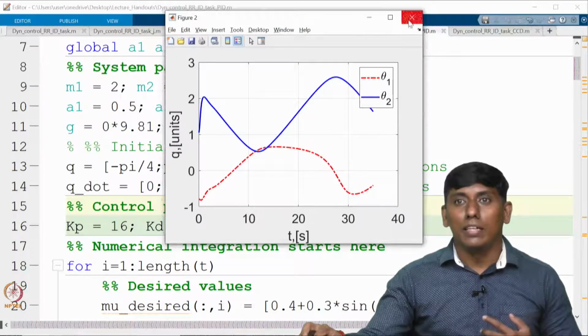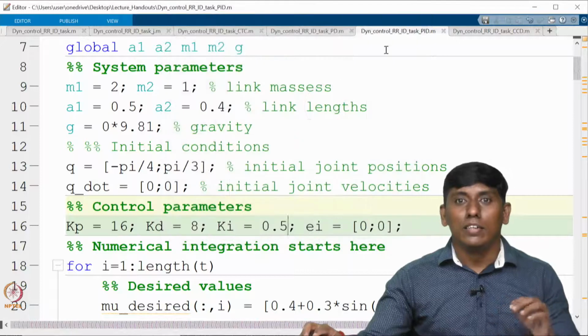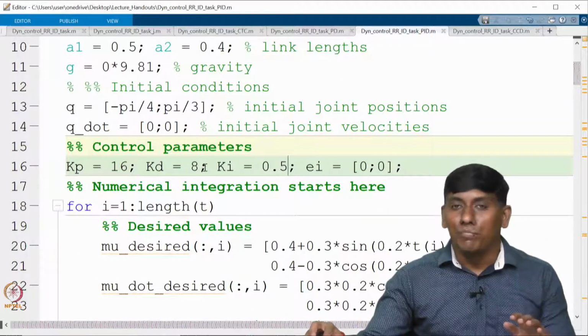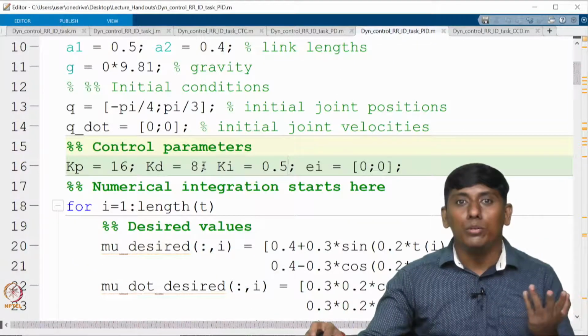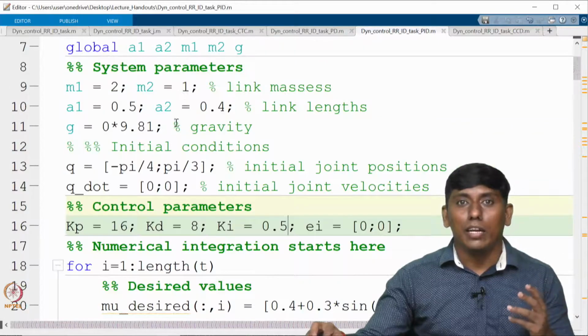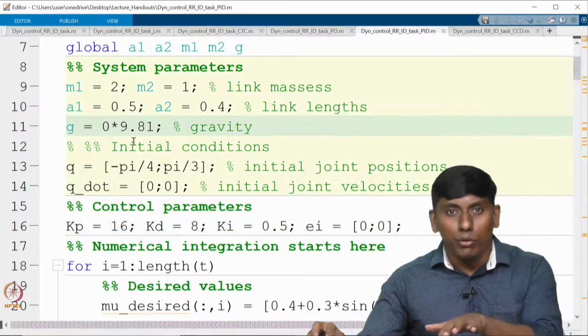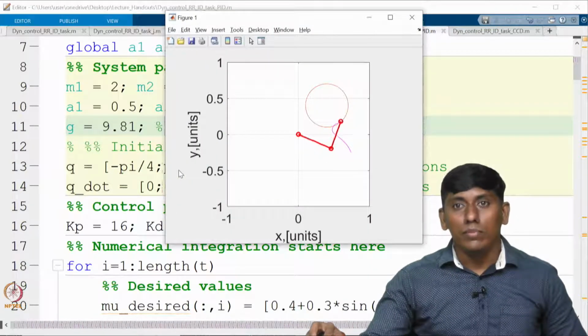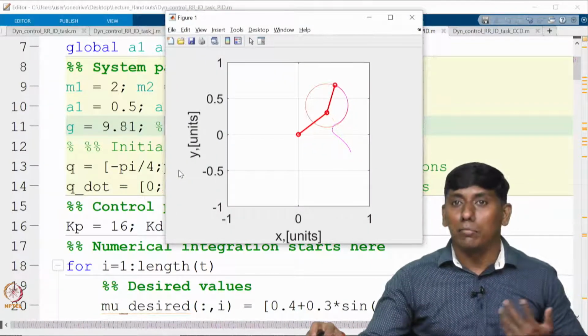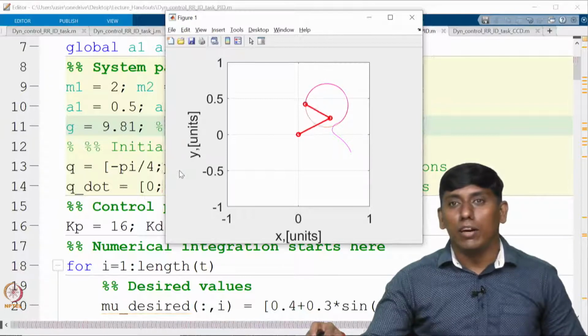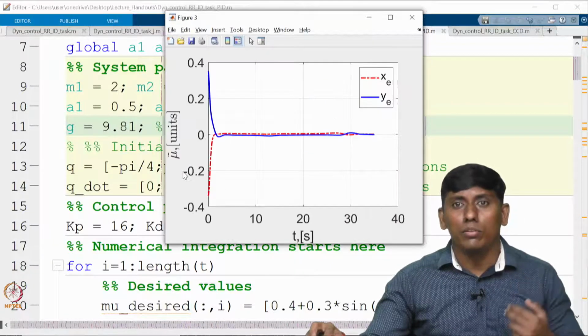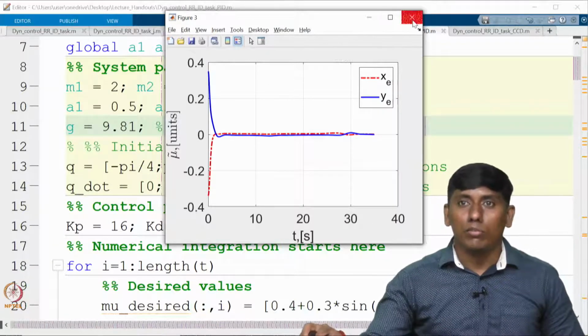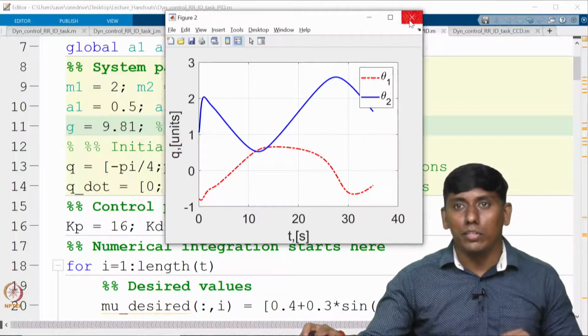So we can see further cases. If I increase the PD value, or probably add the gravity value, you can see something going to happen. Now you can see I have not changed the Ki value, but I have included the gravity. You can see the performance is similar to the earlier, it is not changed, because the gravity is compensated, right.